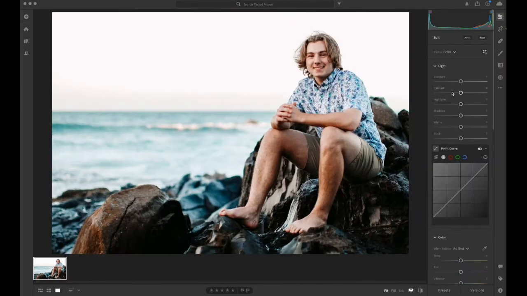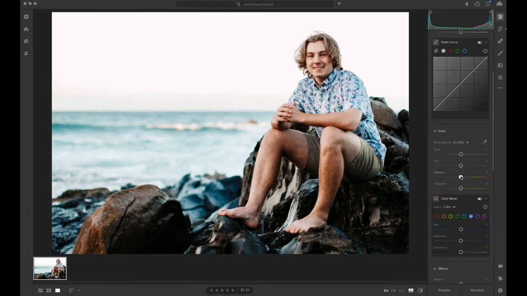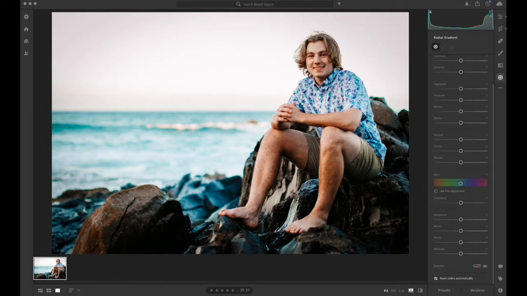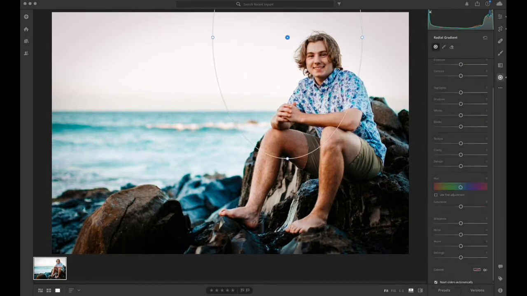And then I'm going to show you an example. So I'm going to turn up the vibrance a little bit on here. A little bit of a vignette. Let's see here. The other thing I'm going to do is